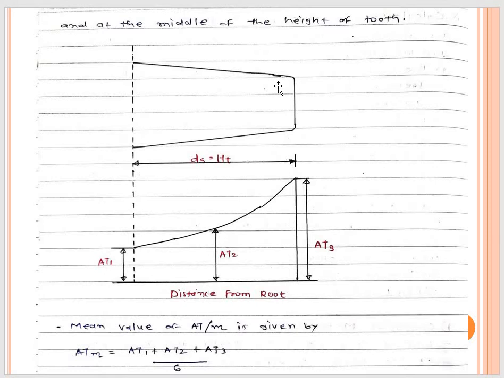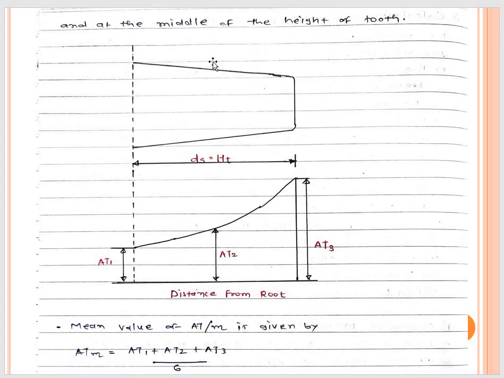In the first graphical method, we found magnetic field intensity at a large number of points over the length of the tooth. But in Simpson's rule, we have to find the magnetic field intensity H at 3 points only: the first at the starting, the second at the middle of the tooth, and the last at the end of the tooth. So we have to find H at these 3 points.